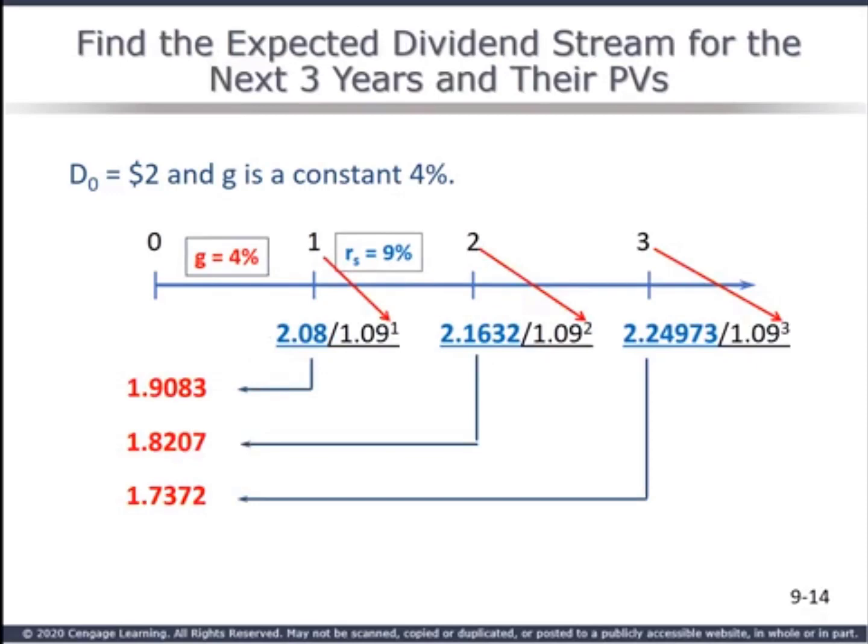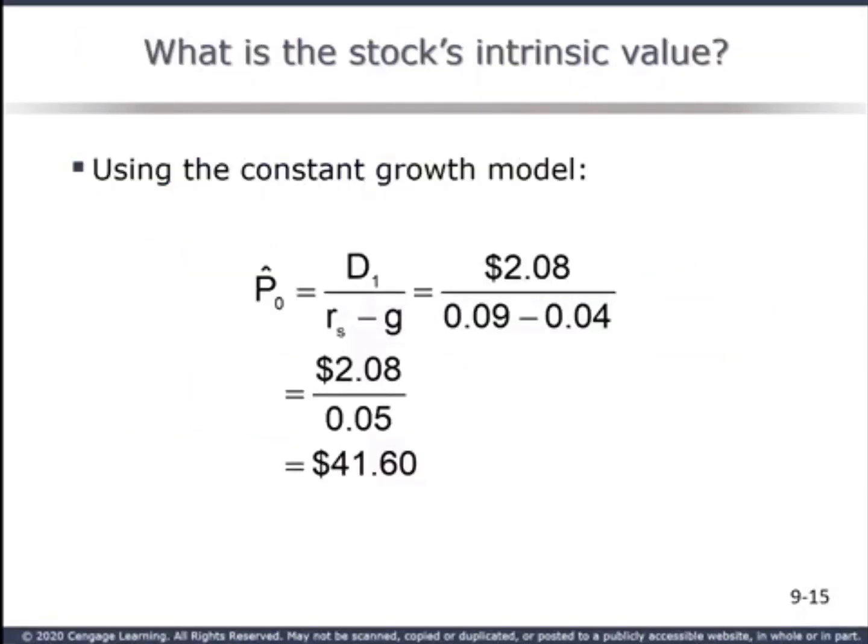Discounting each expected cash flow back to time zero. Note that the exponent of each denominator, n in your calculator, is the period in which the cash flow occurs. So D1 discounted back to time zero is $2.08 divided by 1.09. D2 discounted back is 2.1632 divided by 1.09 squared, etc. Using the constant growth model, we only need D1, G, and Rs to find the price at time zero, now,